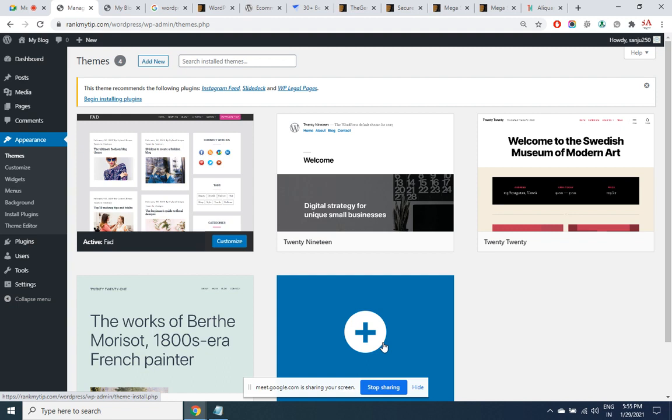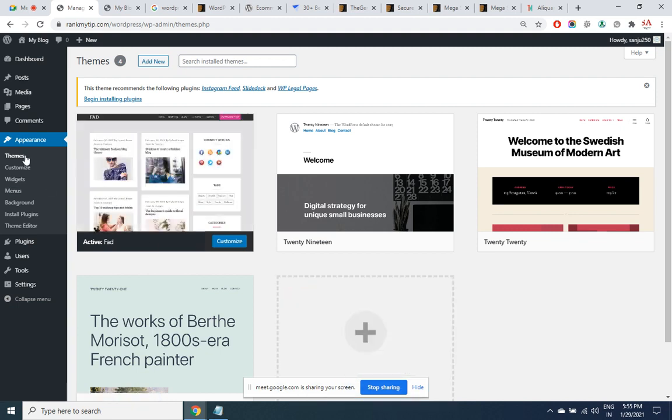If it is a coupon based site, then here you'll get an option as add coupon, coupon, add new coupon. Then you'll find relevant options for that coupon. Title: 20% off for ordering pizza online. Then description, terms and conditions for it. Then there will be a box for entering the coupon code. Then there will be a box to enter the affiliate URL code. So in case you are promoting affiliate links, you have a separate option there to input your affiliate URL for every page that you are publishing.